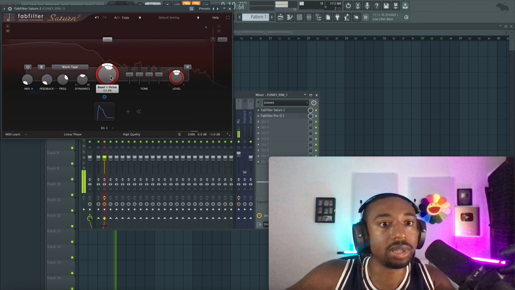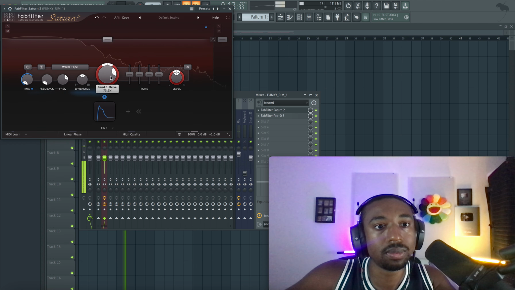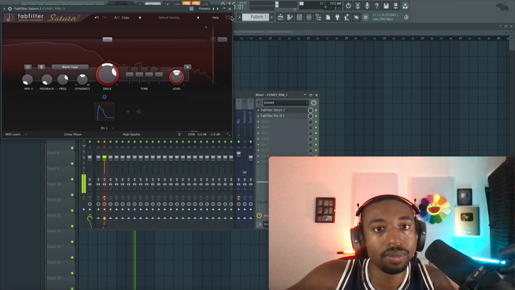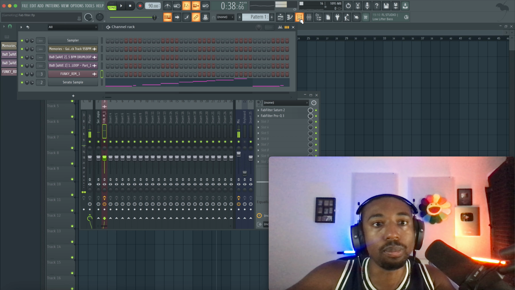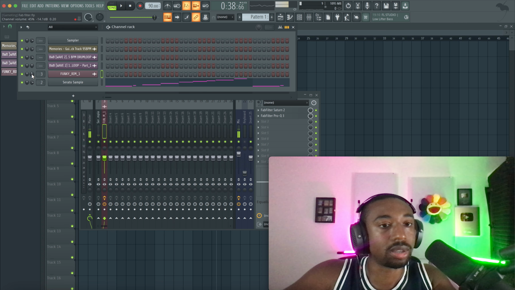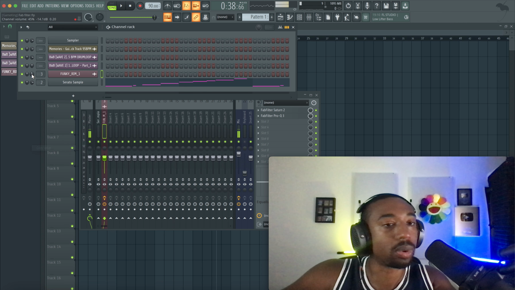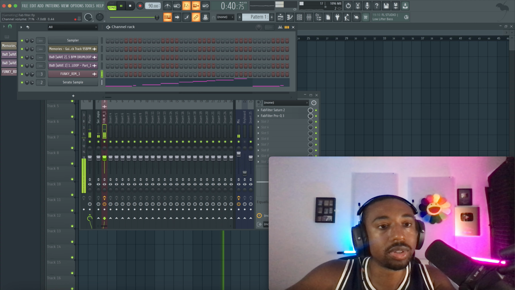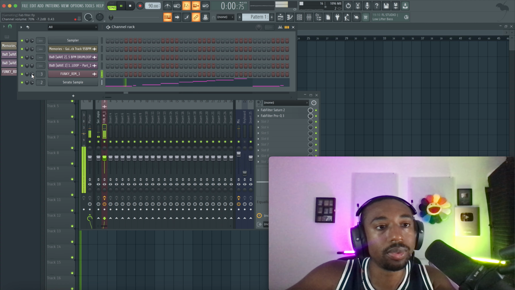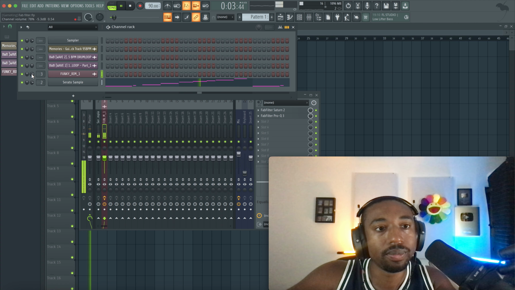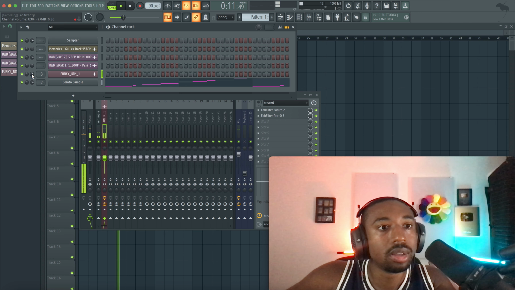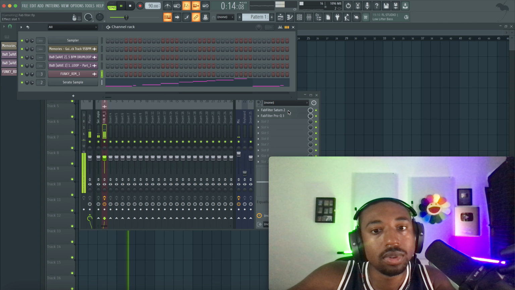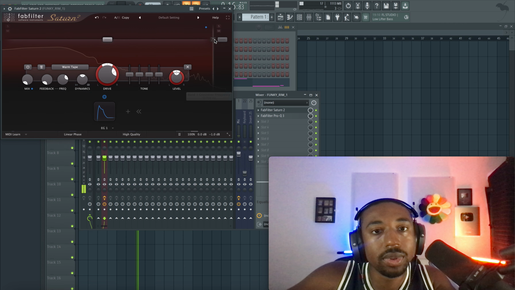Let's push the saturator a little bit harder. So now I can go back to the original sound itself and turn up the channel volume. This is going to push the volume into the saturator as if it were a tape machine. So the harder I push it, the more grit we're going to get out. Now for this type of track, here's a pretty unique spot.